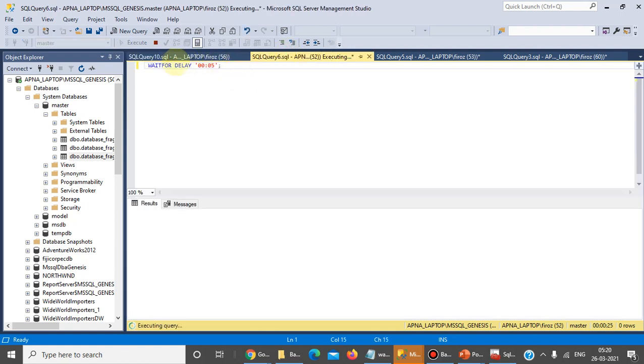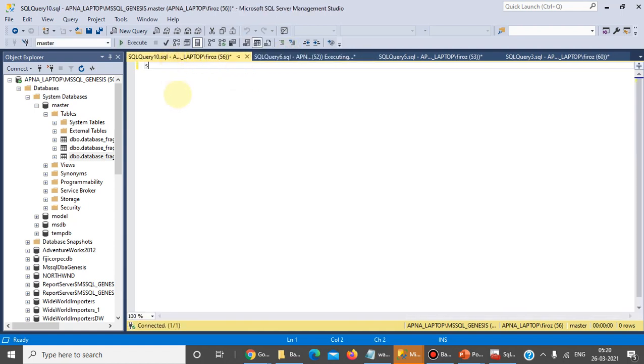We can see this wait type information in one of the DM views.